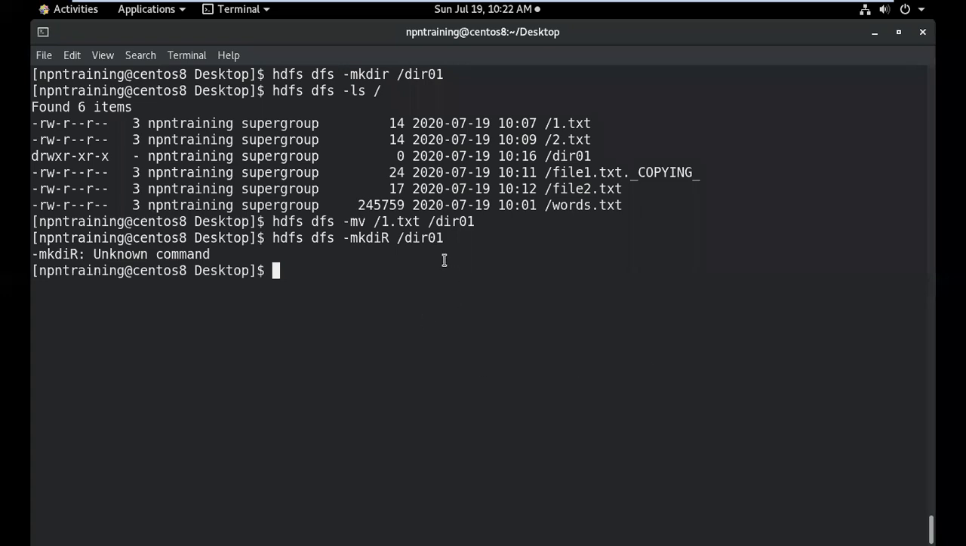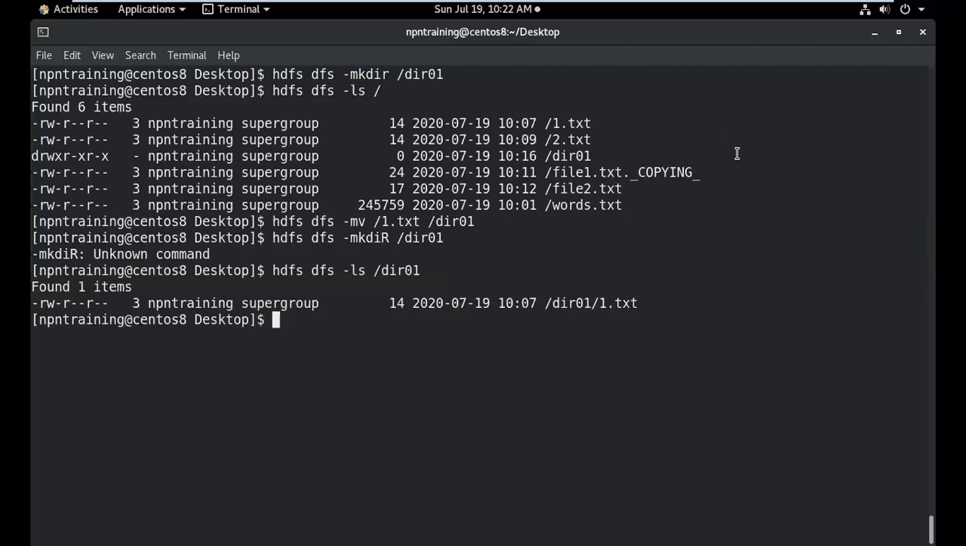Let's assume, for example, in hdfs dfs -ls, let's see what is there in directory 01. And now can you tell me what is the replication factor for this file? Let it load. What is the replication factor for this 1.txt? Anybody? 3. It is 3. Now please look at this. There can be some scenarios where I want to